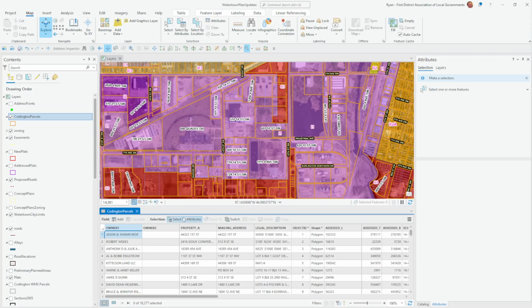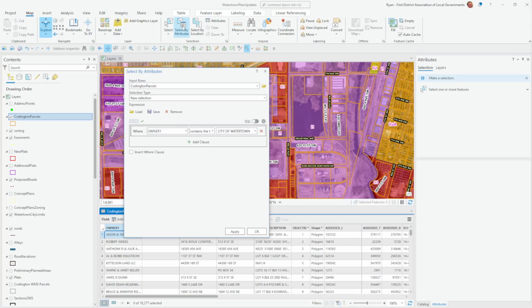So the way you can do that, you can see that we have a select by attributes in the open attribute table. This will work. You can click here, or you can go up to the map tab, and under the map tab we have select by attributes up here as well. Both of these function similarly. So I'll open up select by attributes. And then we will specify our input target to be Coddington parcels, new selection, and then we'll add a clause, and we will go owner 1,